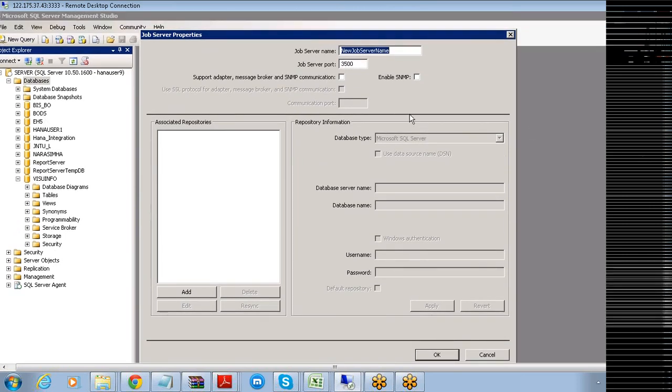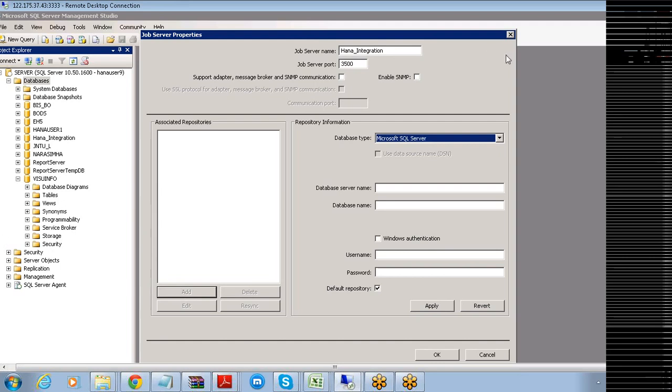It will ask you for the new server name you want to create. This is nothing but HANA_integration. Once it is specified, I want to add this particular repository. What is the repository that I want to add? The repository that you have created in this Microsoft SQL Server. The same repository I want to add here, so please click on this add button. The database server name is server.